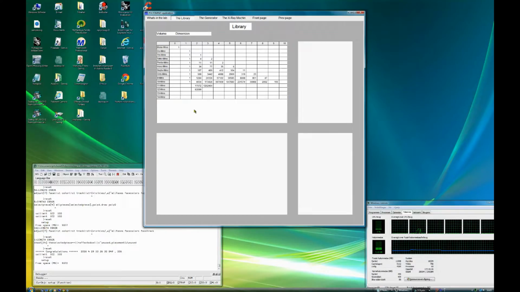The library is a sort of database for all the polyominoes that are available to this system. In this table you have two dimensions: one is volume and the other is dimension. So if, for example, we take some polyominoes of volume 8 and dimension 3, we can see that